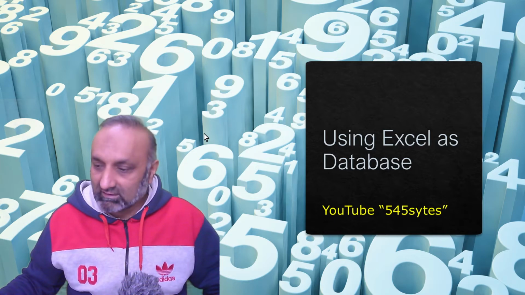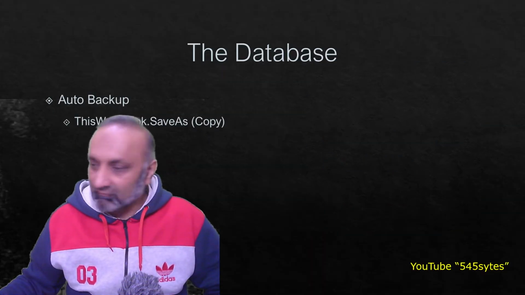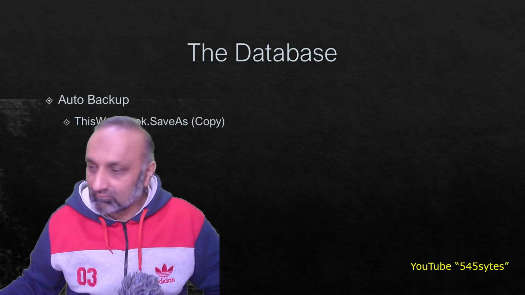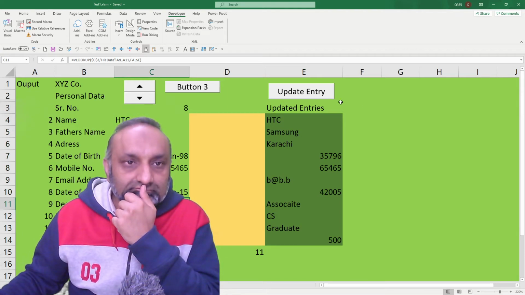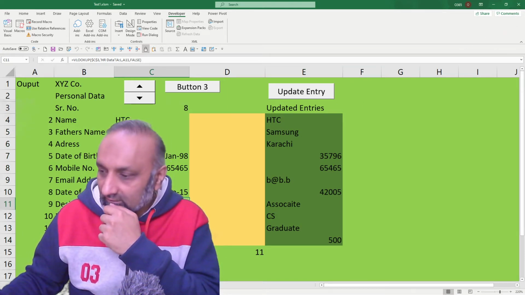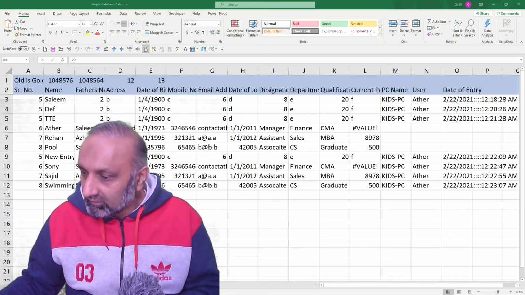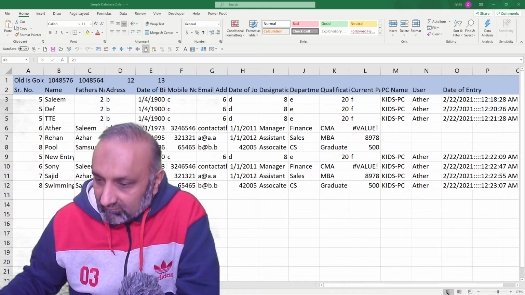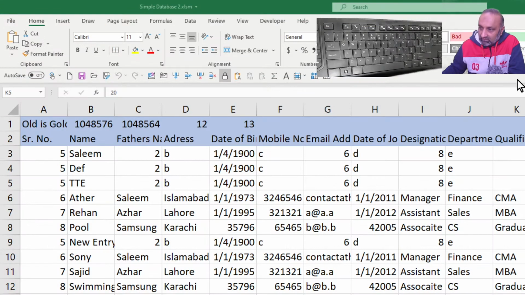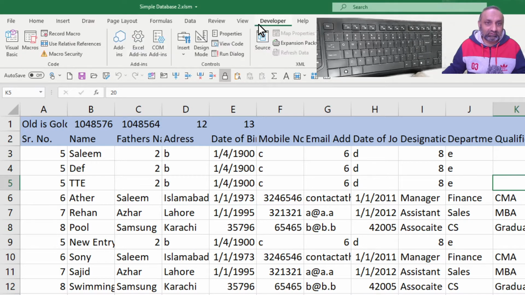Let's go to Excel. And where is our file? So let's say here it is. This is the file we want to save. So this is the file, and you can see the name of the file is simpledatabase2.xlsm. If I want to save this file as a backup file, I go to Developer